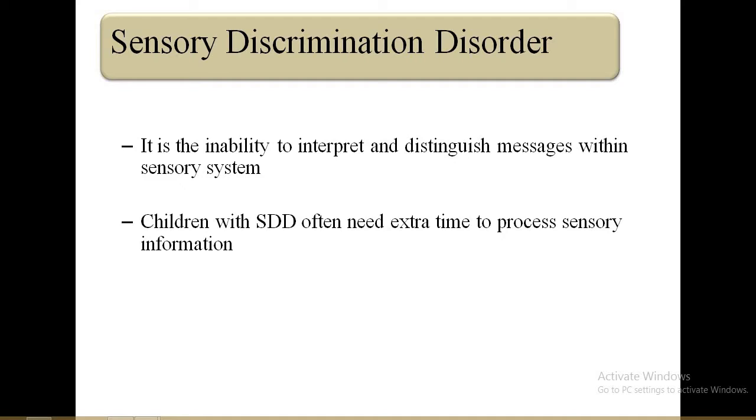Children who have sensory discrimination disorder often show difficulties in perception, and because of their perception difficulties, they face problems in almost all daily living activities as well as social and academic skills. Most of the children with sensory discrimination disorder have poor auditory processing, and comparatively they are better in visual processing. In autism, you can see it often.